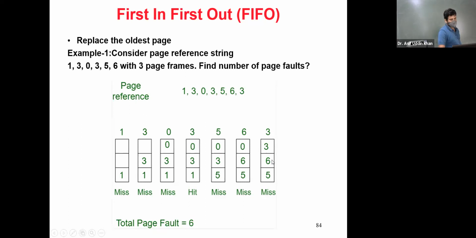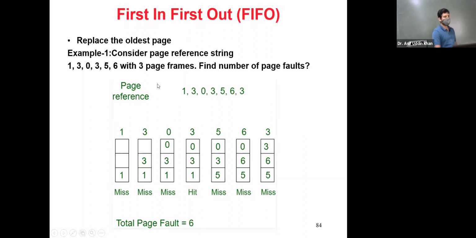Okay, so this is the way the page replacement algorithm works. So this is the way the First In First Out page replacement algorithm works. So here it is asking to find the number of page faults. Page fault means this miss, so you have to count the number of misses. You can write miss or you can give a tick, and for hit you can give a cross, or you can write hit and miss, or page fault and no page fault like that also. So you just count the number of misses: 1, 2, 3, 4, 5, and 6. So there are a total of 6 misses, so the total page faults is 6.